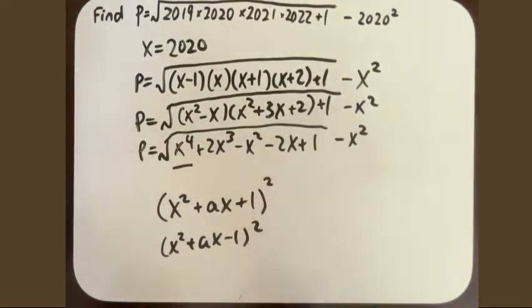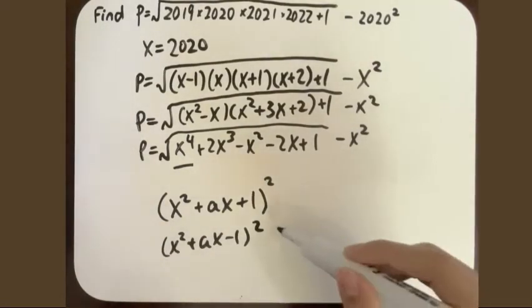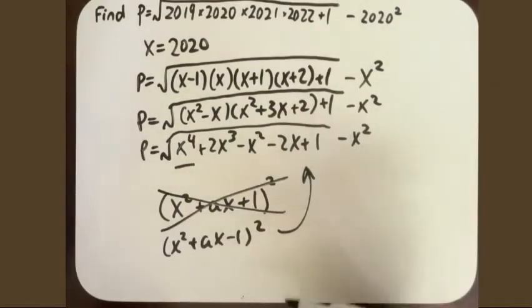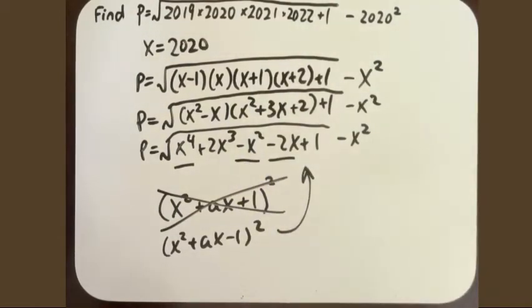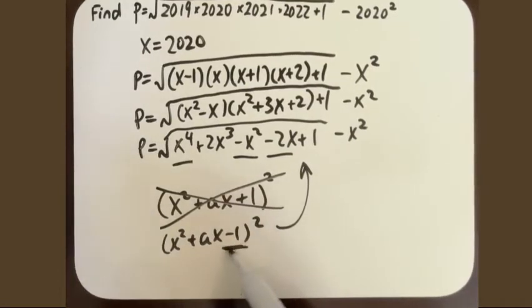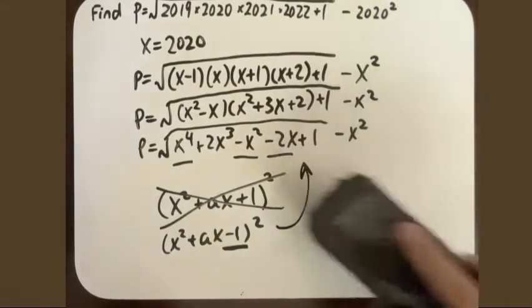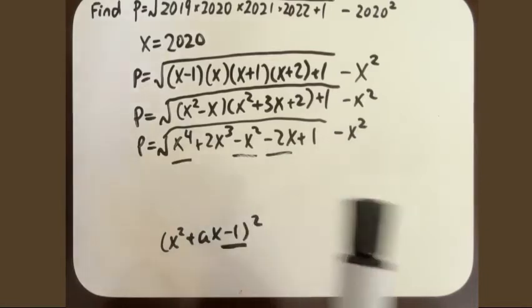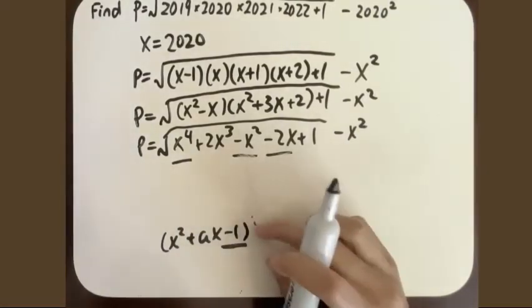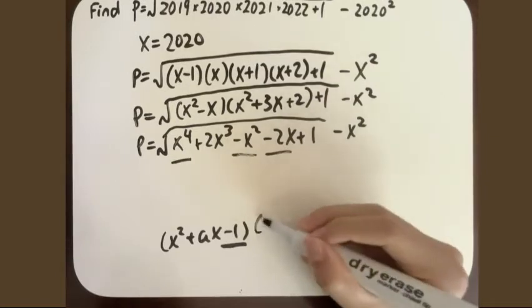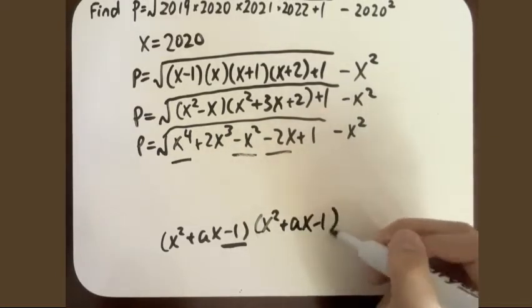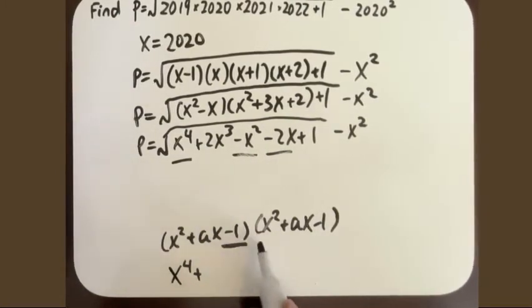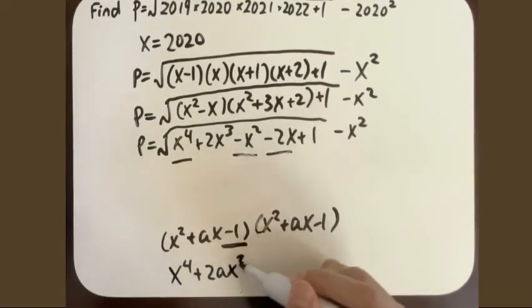So now we've got two possible forms of perfect squares. We can rewrite that in. And this one won't work because we've got negative coefficients here, and we need this to be negative so we can have negative coefficients. Now we've settled on a form. Now we just need to figure out what a is so we can write the actual perfect square expression. If I expand this out, we can get x to the fourth plus ax cubed plus ax cubed, so plus 2ax cubed.